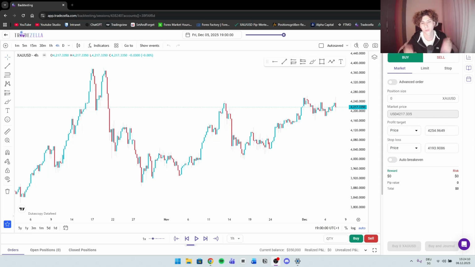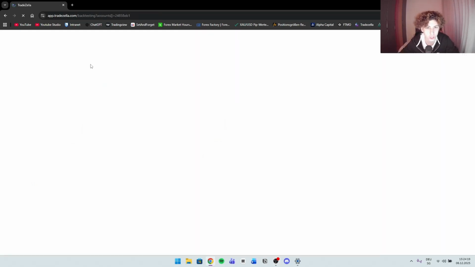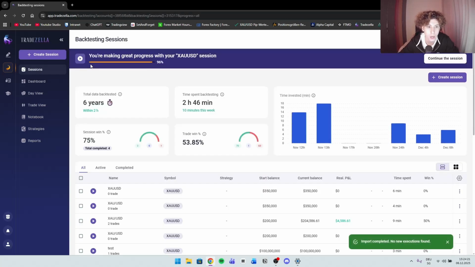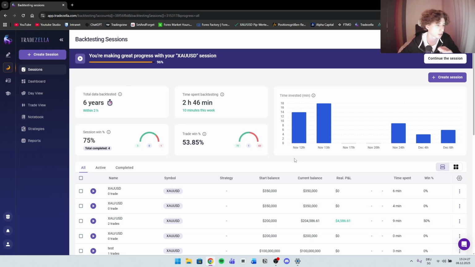I have tons of people telling me they don't know how to backtest and they don't enjoy backtesting. And I keep telling them, bro, go on TradeZella and just do this and this, and it's so good. But people kind of told me they don't know how to do it, they need help, so I'm here to help you guys. This is going to be just a video on me explaining something, and I'm going to tell you a little hack that I already posted on TikTok,